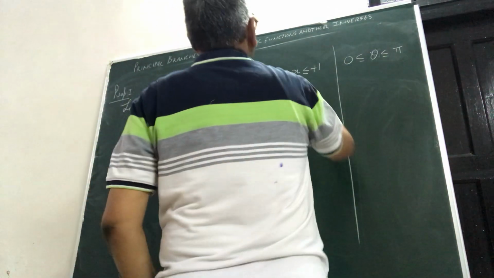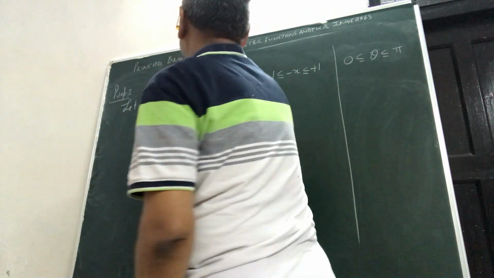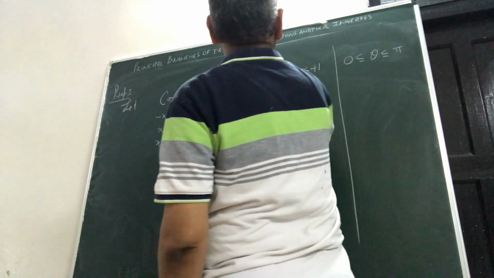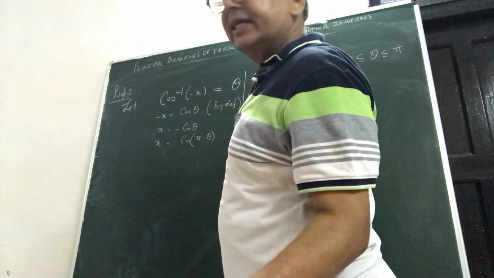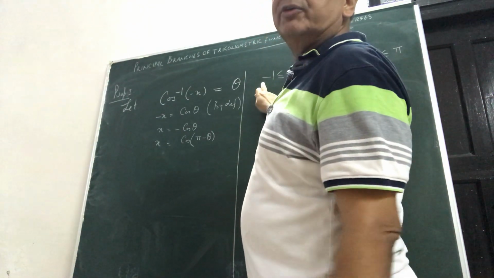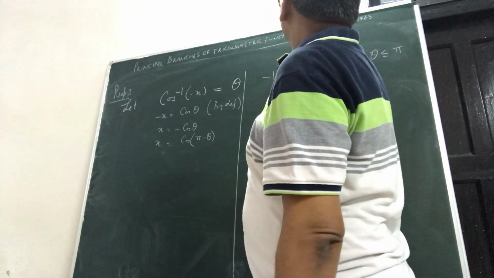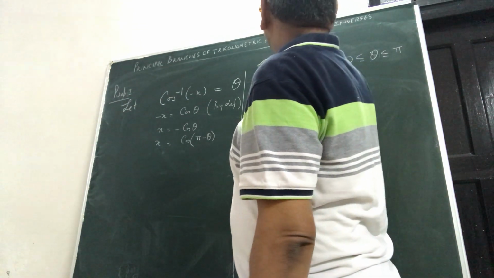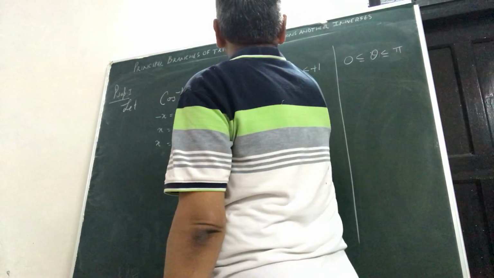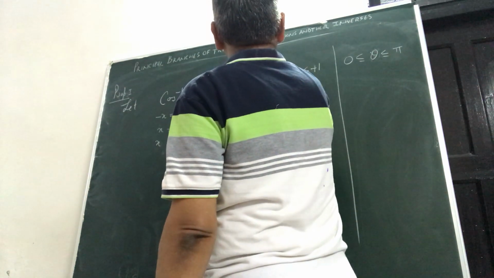But now please see. First of all, let us see x, where x lies between minus 1 and plus 1. As you have seen earlier in both the cases, if you multiply this inequality, what you will get? 1 is greater than or equal to minus x, that is plus x, and it will be greater than or equal to minus 1. So that amounts to the same thing. I am not repeating. So eventually, what you will get is the same thing.